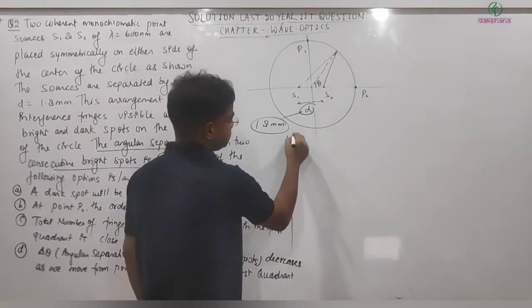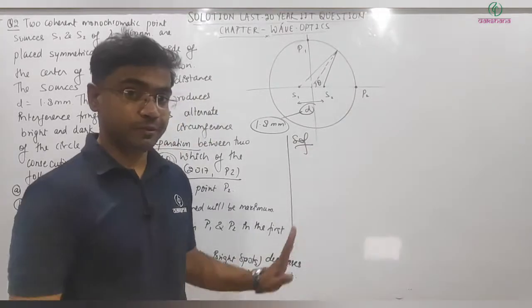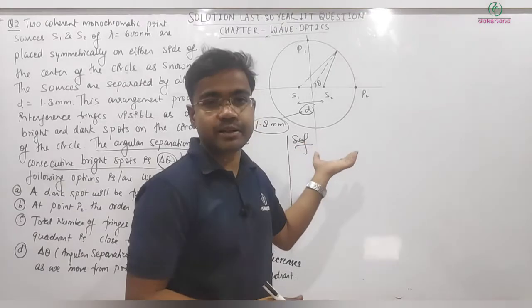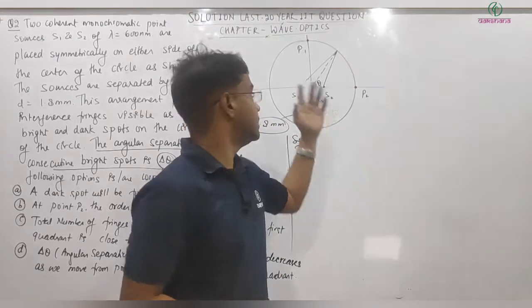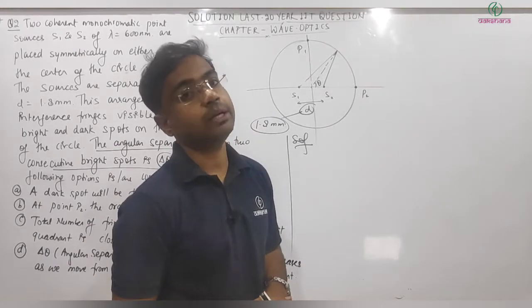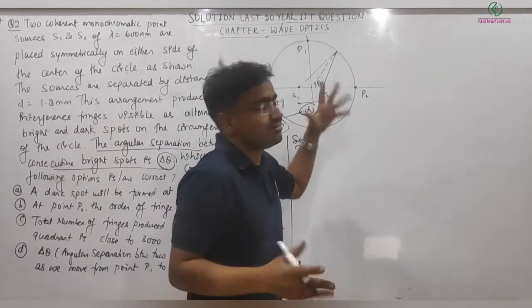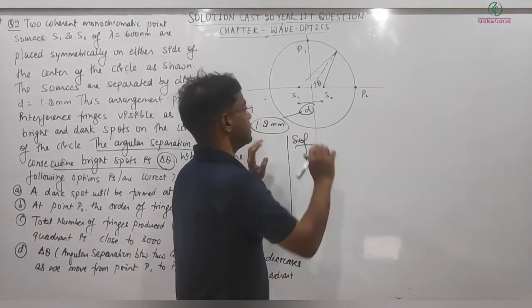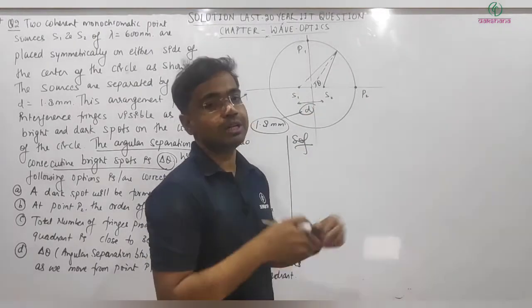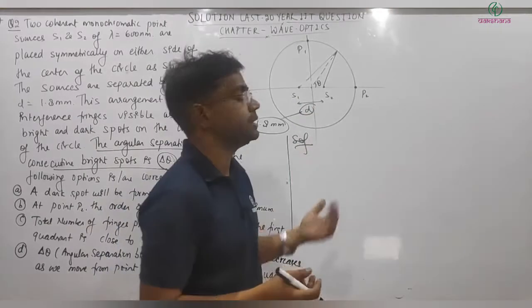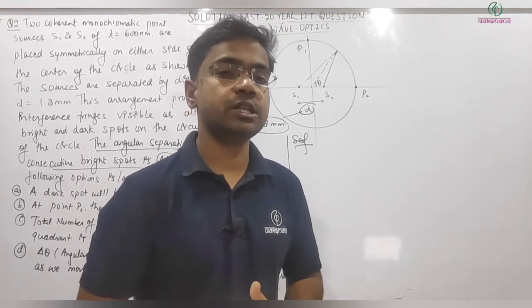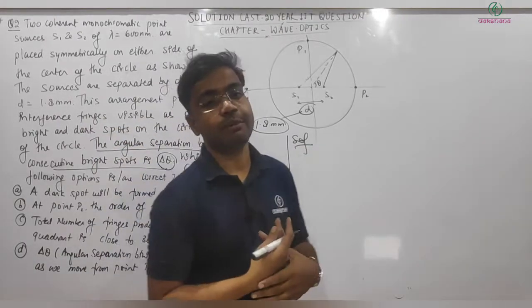So first thing is the method. You must be very well aware of how the YDSE setup is here, how two sources interfere, light and rays, and how they form bright and dark spots. So from the interference phenomena we can see the simple thing is the rays traveling from two sources S1 and S2 will differ by some path difference that will result in phase difference, and when the path difference is a multiple of lambda, there will be constructive interference, and if it is an odd multiple of lambda by 2, there will be